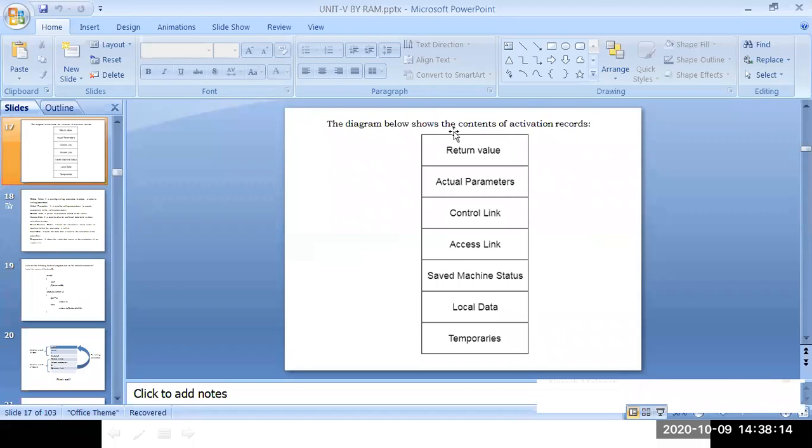For example, if you take an activation record like this, since the activation record does not have relative addresses, the positions of each word in the activation record will be used as offsets. Here the position of the return value is 1, actual parameters 2, control link is 3, access link is 4, machine status is 5, local data is 6, temporaries are 7. The numbers we give to each word stored in the activation record can be used